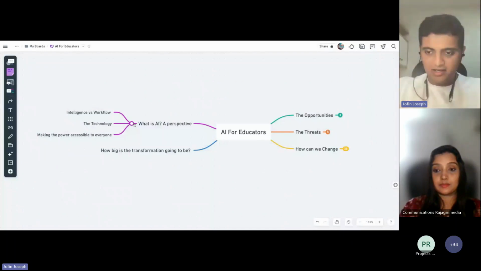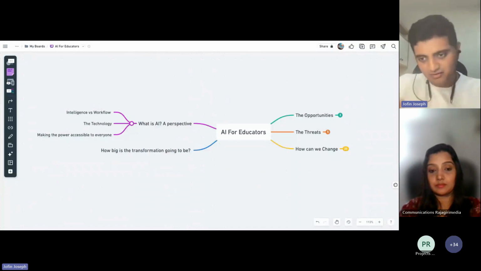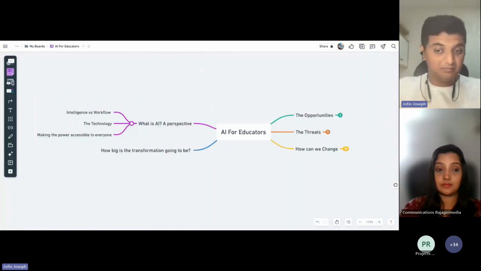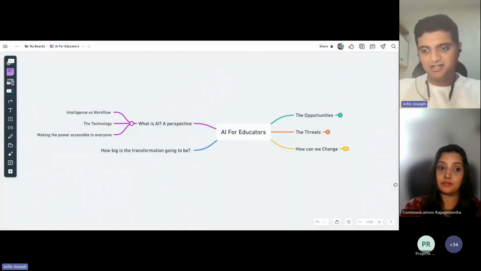First of all, let me take less than 5 minutes on the technology behind AI. I'm pretty sure in this group, the back-end technology or what happens behind the scenes might not be that important. But at the same time, on a very high level, I wanted all of you to be aware of that. Because AI is a keyword which has been in use for many years, but since the last 1 year specifically, with ChatGPT launched, AI has become an everyday keyword for all of us. But what is AI?